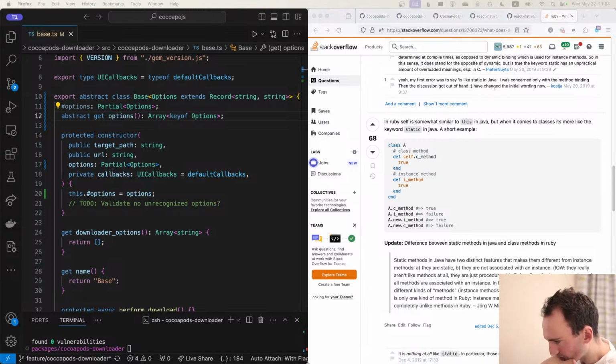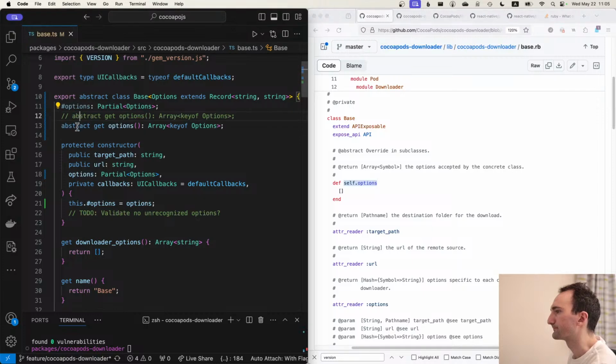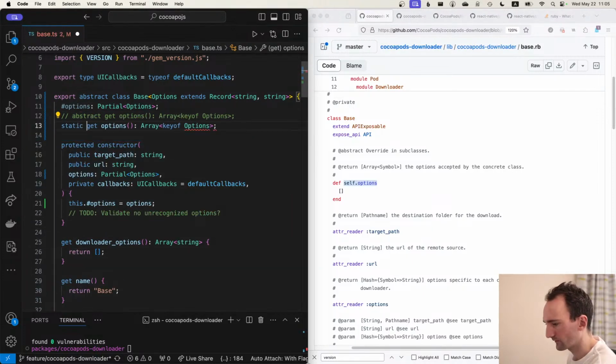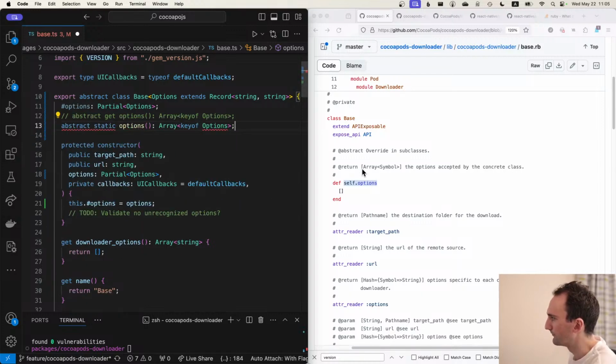So Leonardo is saying static options string array return. Well, let's do that as a straw man. Static. So we're thinking it's a method rather than a getter. We'll see how that goes. The thing is, you can't have abstract statics. And they've marked it as abstract. Oh, static abstract. Yeah. You can't have abstract statics. So